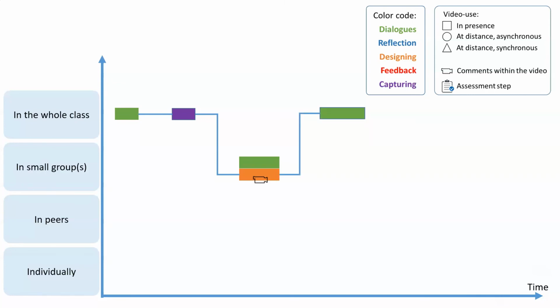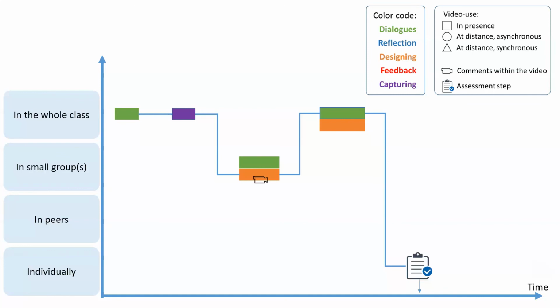And in the next phase, again in the whole class, we examined the products made by the students. And here we have the reverse, in a sense. So you see that I also added the designing rectangle, because we tried to summarize everything in one meta hypervideo. So starting from the products of the single groups, we wanted to have the hypervideo, the best one, merging all the contributions of the different groups.